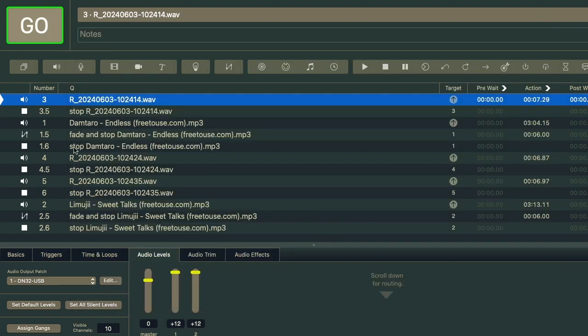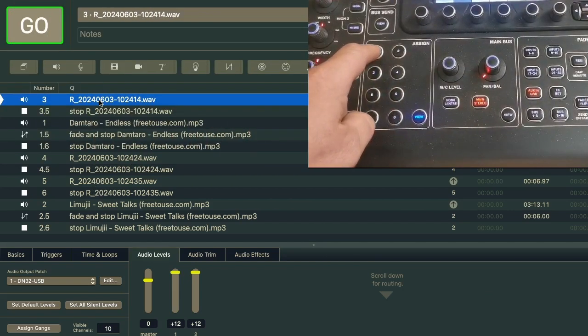So then if I go back, I've got my first cue set up, and if I hit the 1 button, which is the go button on the console,